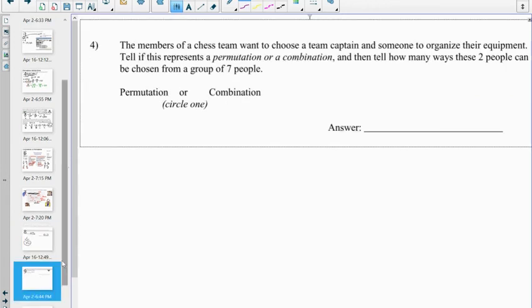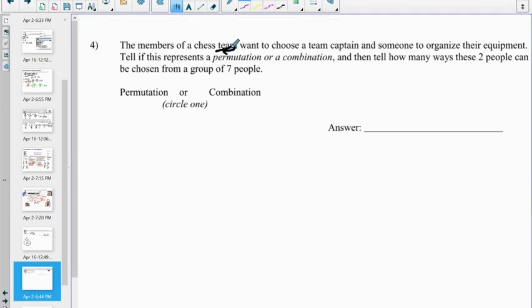I'll do another one. So the members of a chess team want to choose a team captain and someone to organize their equipment. It's going to identify if it's a combination or permutation and how many ways. Okay. Does the order matter? Like, do they have different roles or are they having the same role? Even though it says team, even though I said team is a key word for combinations, I want you to look deeper